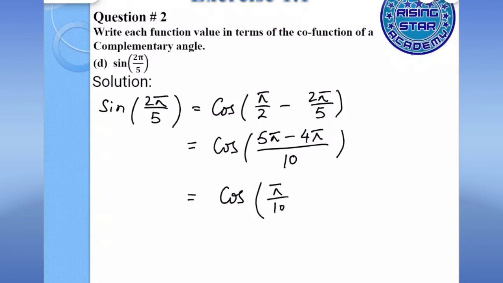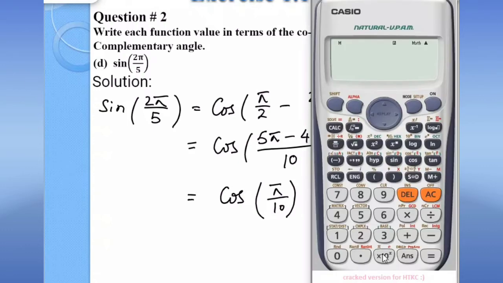So that would be pi by 10. Now I would check the calculator to verify my answer. Okay, so here we will check the question value, that is sine of 2 shift pi divided by 5. So the answer is 0.951. So remember it,